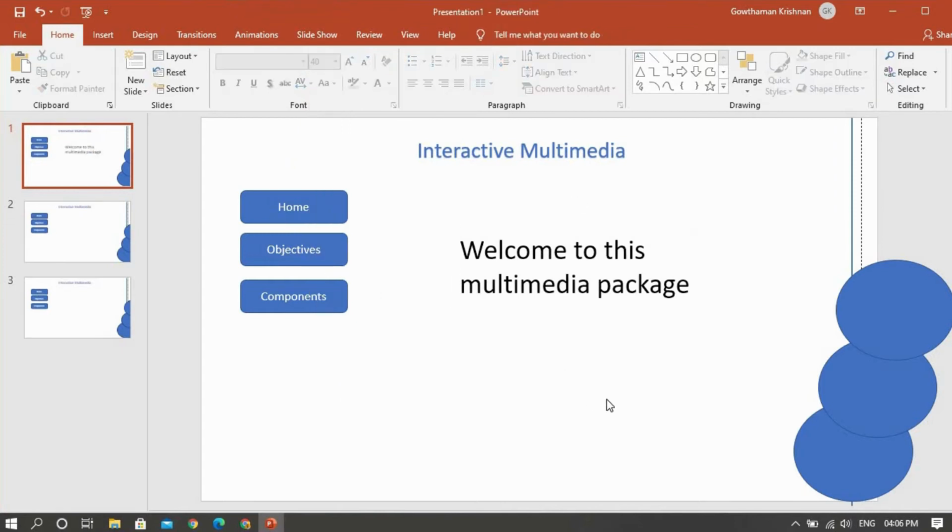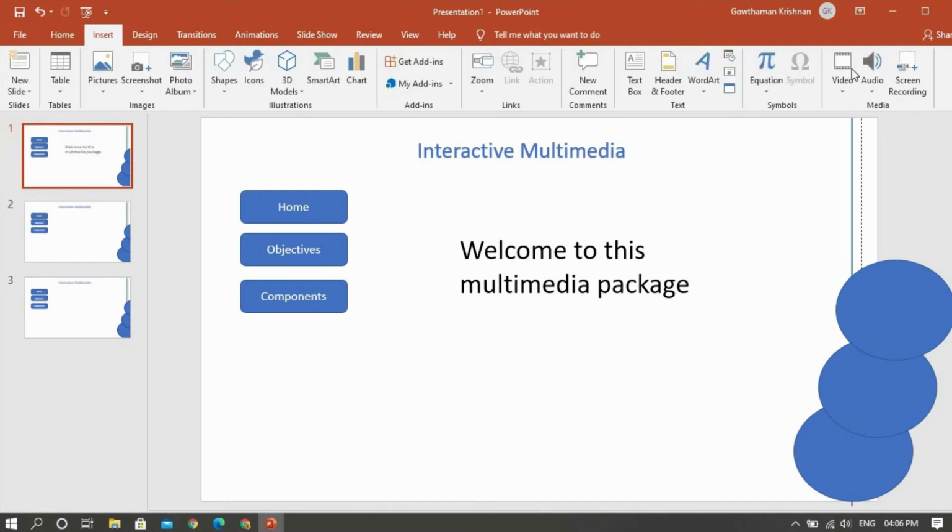Okay. If I want to include any audio in this particular PowerPoint presentation, then I can go to Insert, and you can see there is an audio button. You click on this audio button and you can include audio from your computer. Suppose you have already created audio clips, then you can insert them from your computer.